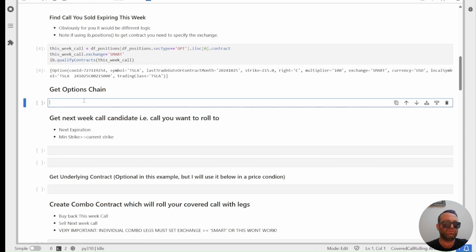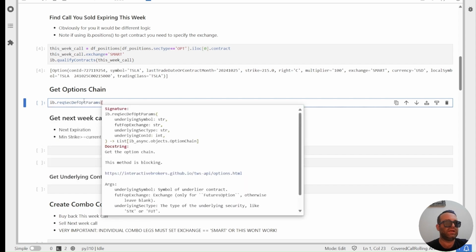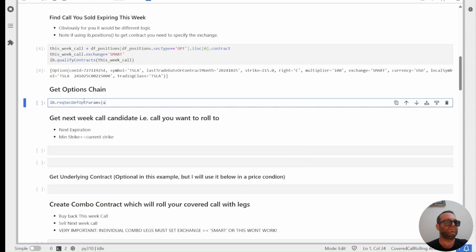In my other videos, I have plenty of videos on options. To get the options chain, you do something like ib.reqSecDefOptParams, and that gives you the option chain. So you give it an underlying symbol equals